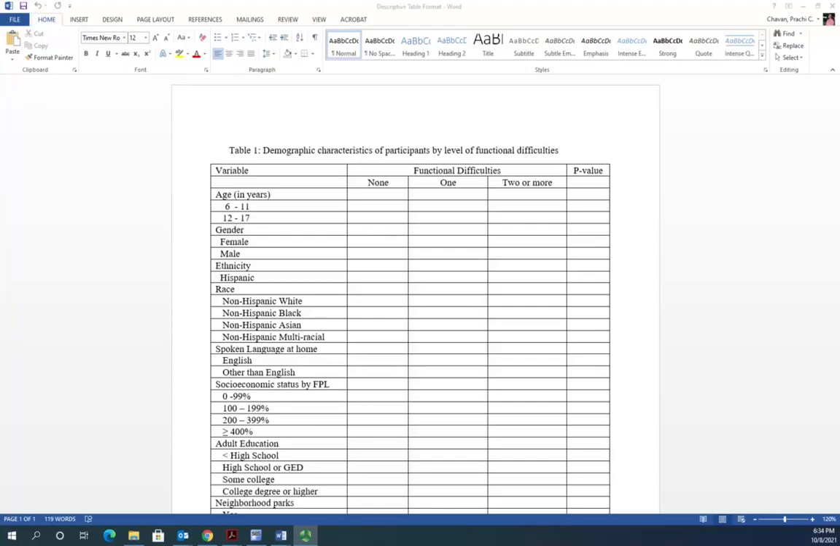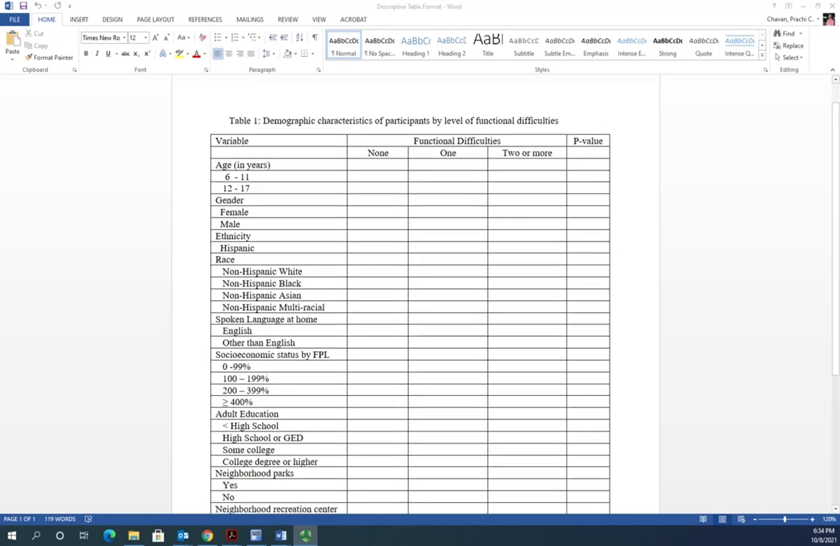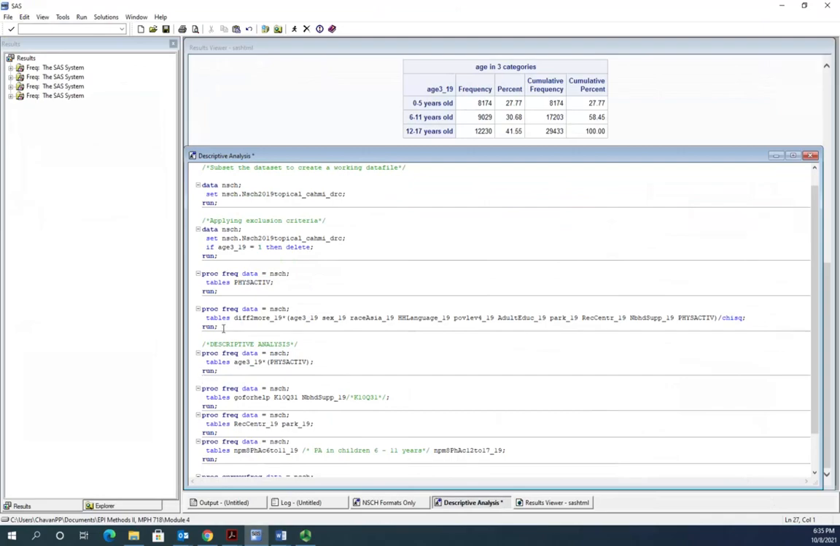Hi all. So in this lecture, I'm going to talk about how we actually prepare a table to present our results in a scientific format. Based on what I covered in the previous video, we stopped over here, wherein I have included all the variables that I wish to include in the descriptive table, and based on these variables I have